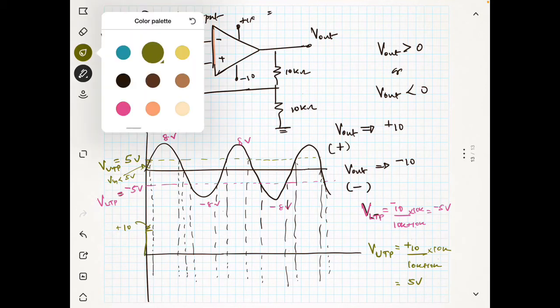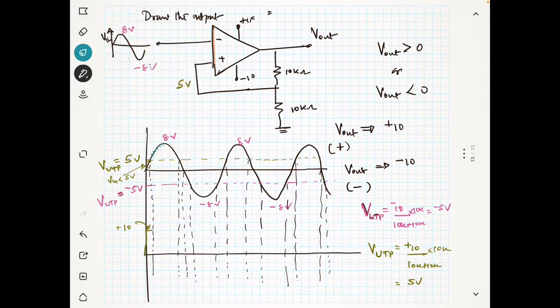But whenever you reach these points, at this point Vin is greater than VUTP. That means Vin is greater than UTP. Your UTP is 5 volt, so this is plus 5 volt. Vin is greater than VUTP, meaning it is greater than 5 volt. That means Vd becomes negative, so the output will be switching. The output is switching now,